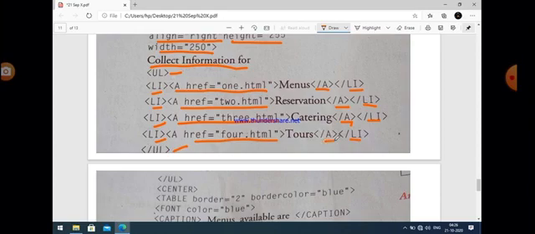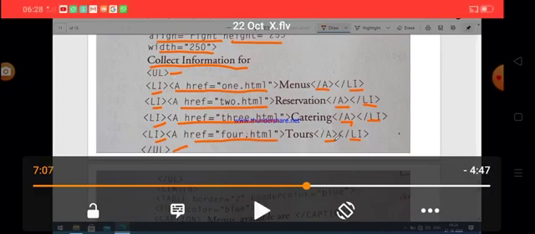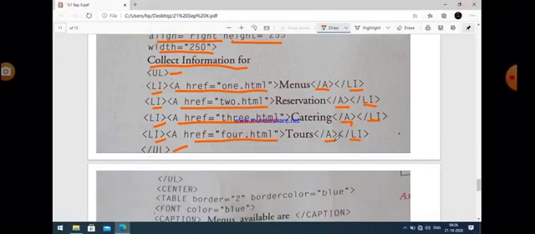After that, the li tag should be closed. And these are all parts of the unordered list. Okay. And by default, an unordered list is represented in the form of discs. So menus, reservation, catering and tours are represented with discs, and these are underlined because these are links also. Okay.